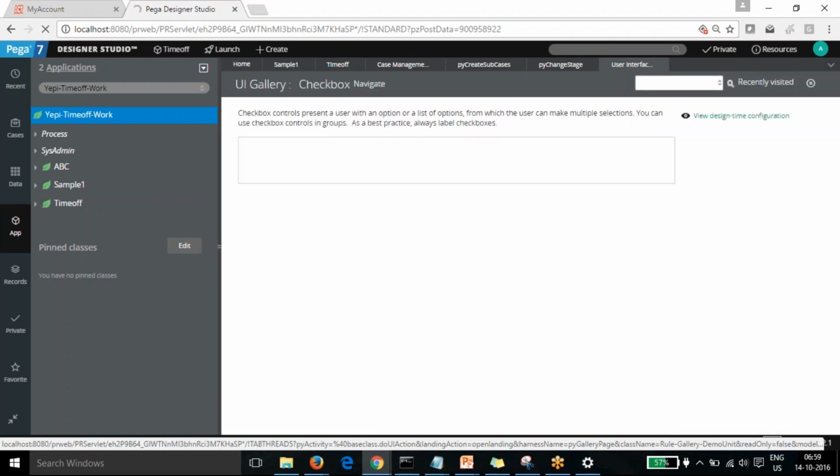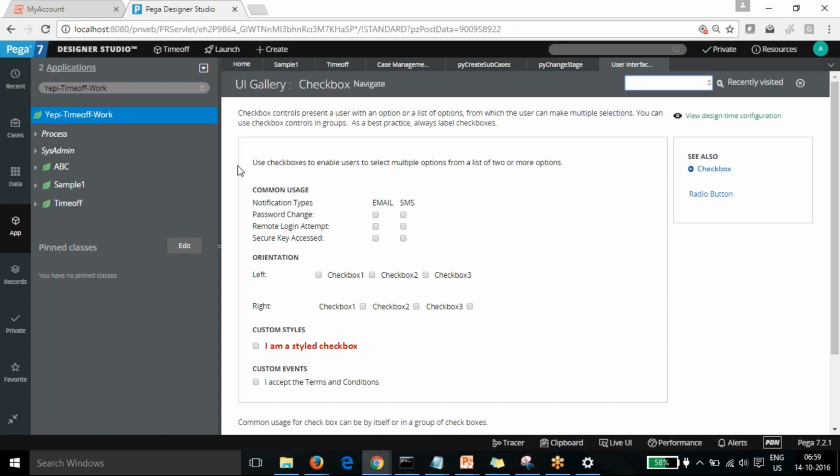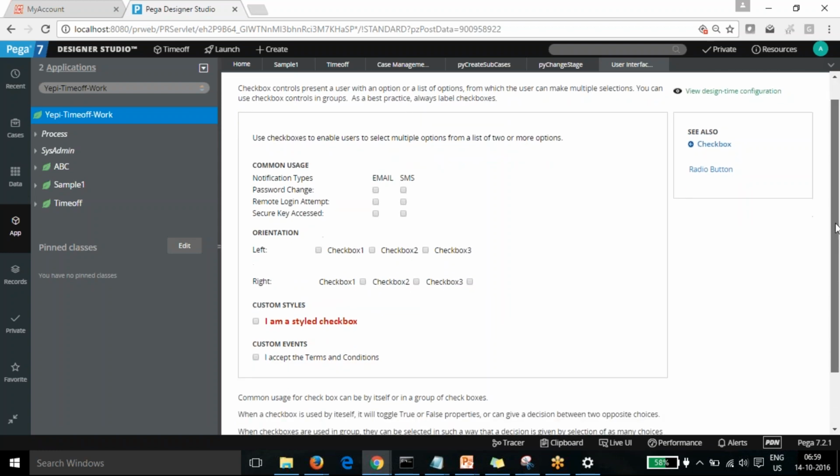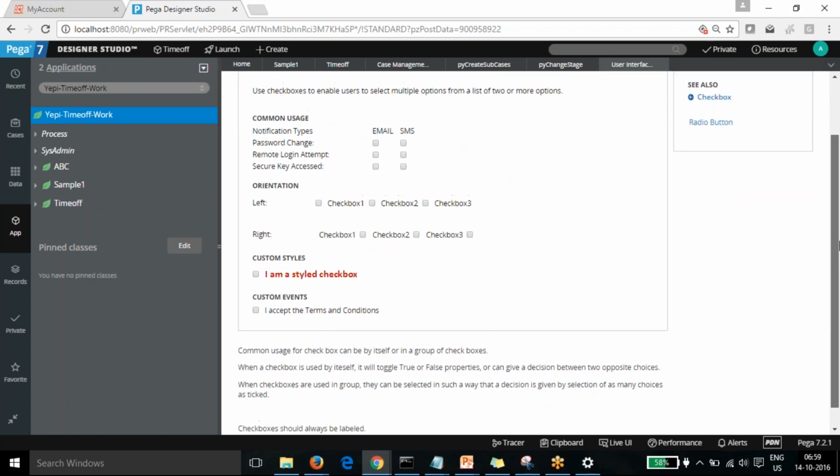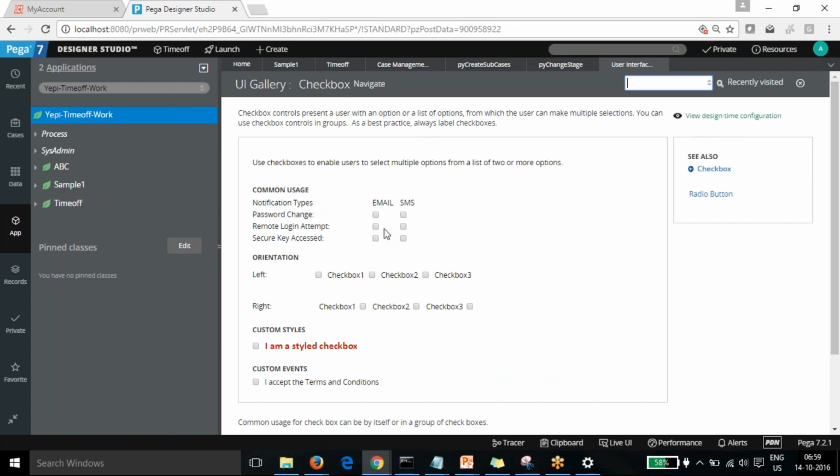If we want to select multiple items at the same time, we can go for a left-side checkbox, or we want the checkbox on the right side, and this is a custom style. These are different ways we can incorporate the checkbox.